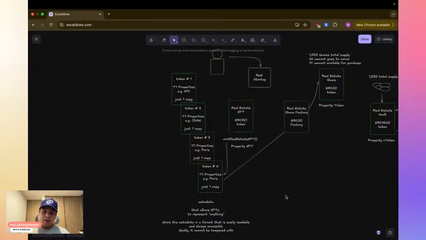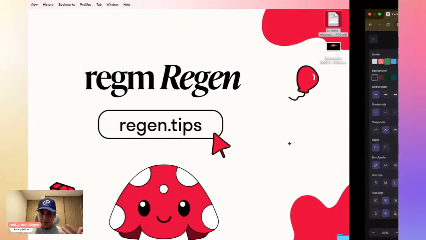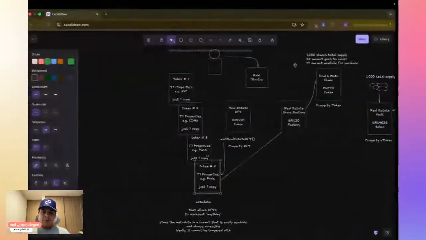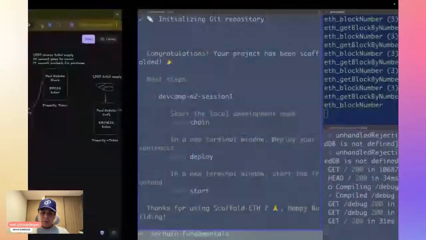There are proper steps to ensure that this information is always available, always true, and easy to read in a proper format. And that's where NFTs came up. So that's what token URIs are.